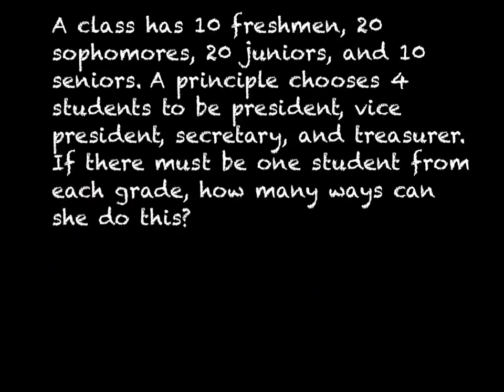A class has 10 freshmen, 20 sophomores, 20 juniors, and 10 seniors. A principal chooses 4 students to be president, vice president, secretary, and treasurer. If there must be 1 student from each grade, how many ways can she do this? So we're going to be using the fundamental counting principle again. We're going to have to multiply the number of ways she can choose freshmen